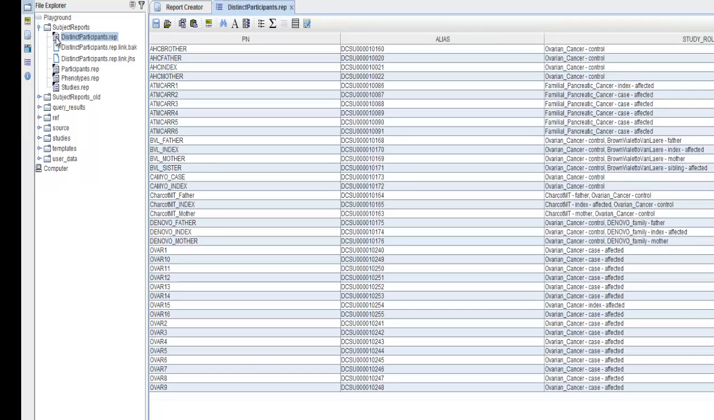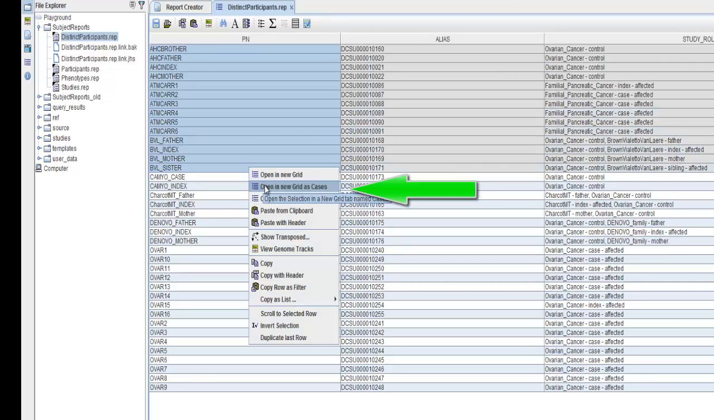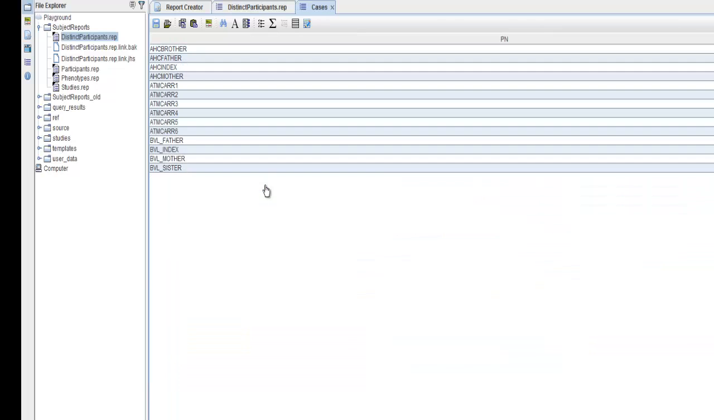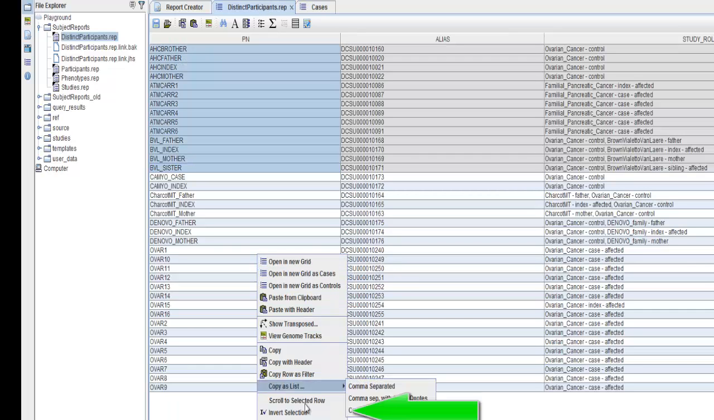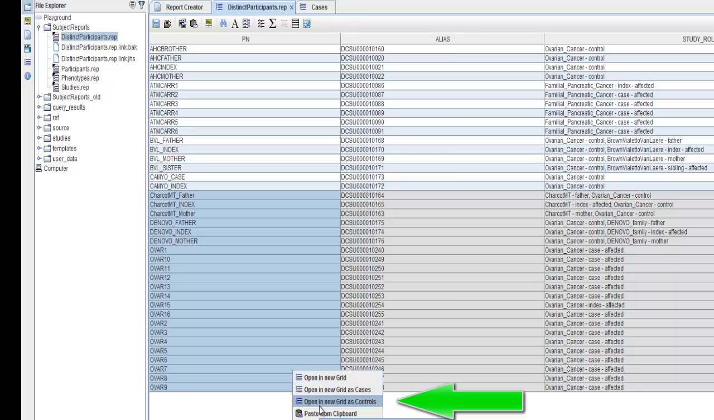That is a list of all subjects you have access to. Highlight those individuals you want to designate as cases, right-click, and click on Open in New Grid as Cases. You can invert the selection if you choose, or select a group you wish to open in a new grid